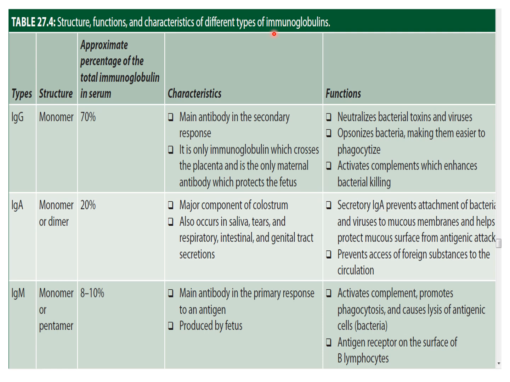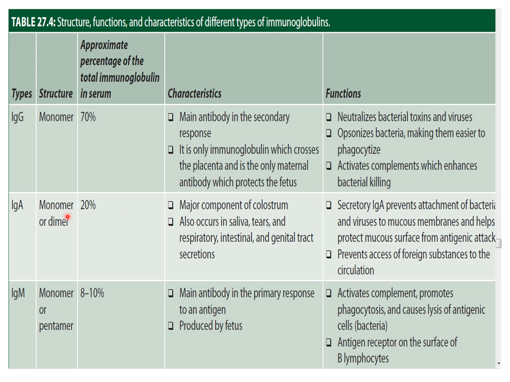Now, various types of immunoglobulins and their characteristics and functions at a glance. Immunoglobulin IgG is a monomer. The main antibody in the secondary response, it is the only immunoglobulin which crosses the placenta and is the only maternal antibody which protects the fetus. It neutralizes bacterial toxins and viruses, opsonizes bacteria making them easier to phagocytize, and activates the complement which enhances bacterial